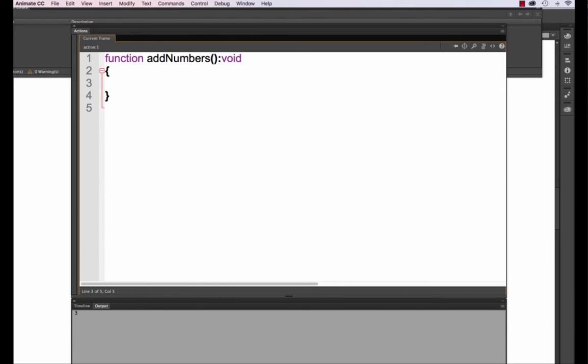So I'm going to put in trace. Remember, it's just going to show up in the output window. And then I'm going to put in 1 plus 2, and then the semicolon. So if we were going to test a movie, nothing would happen at this point because